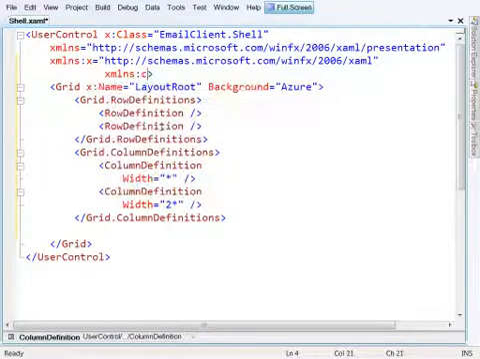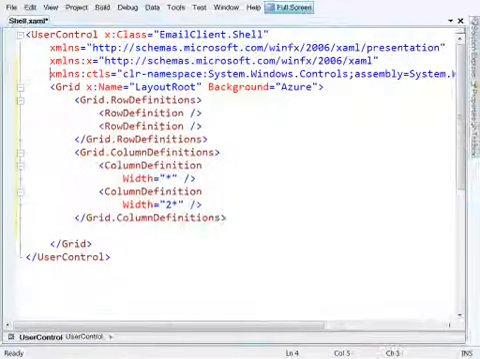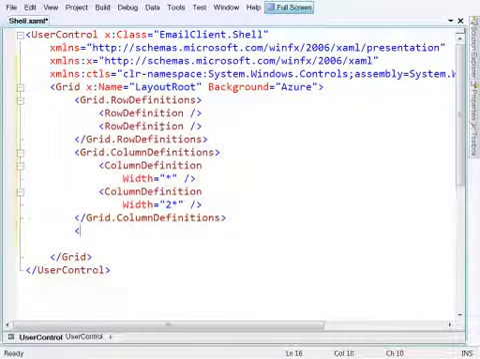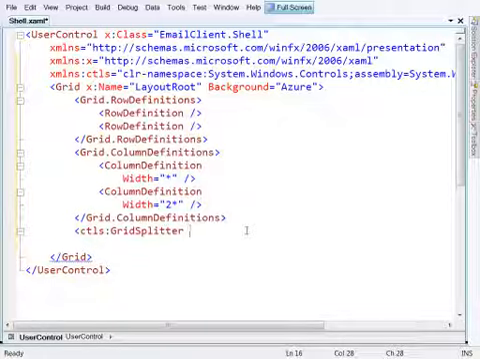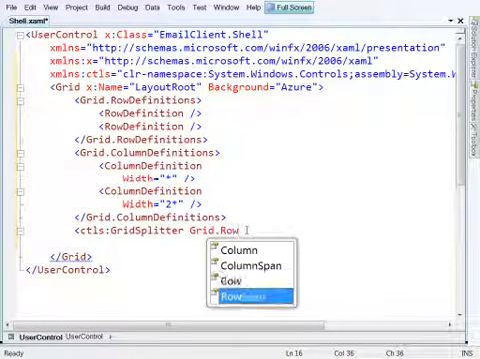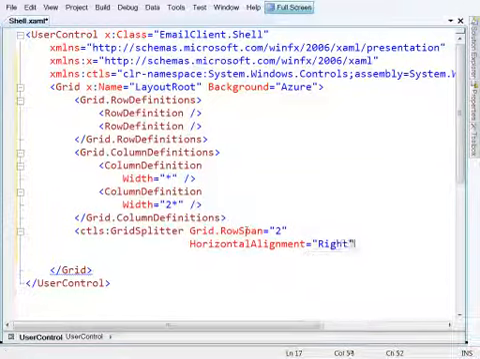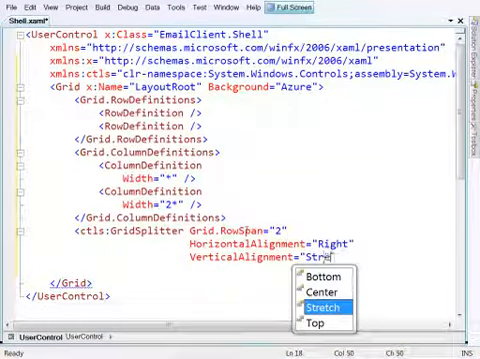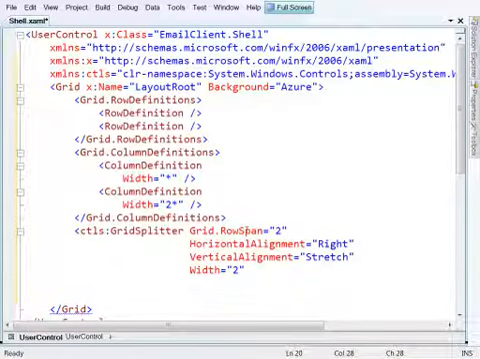Let's say xmlns:controls equals System.Windows.Controls, and then from that namespace I want to define myself a controls GridSplitter. This is going to go into Grid.Row 0 and Column 0, but I want its RowSpan to be 2. I want its horizontal alignment to be to the right of that grid cell. I want its vertical alignment to be stretch. I want its width to be, let's say, 2, and I want its